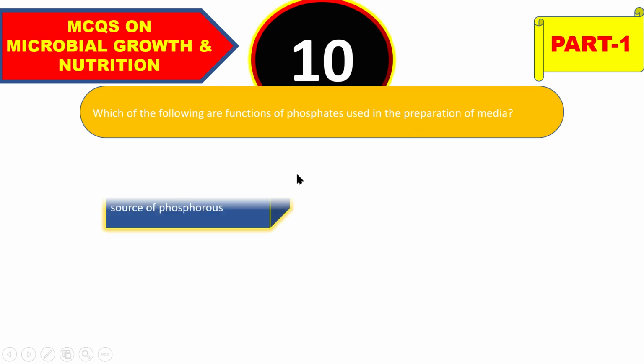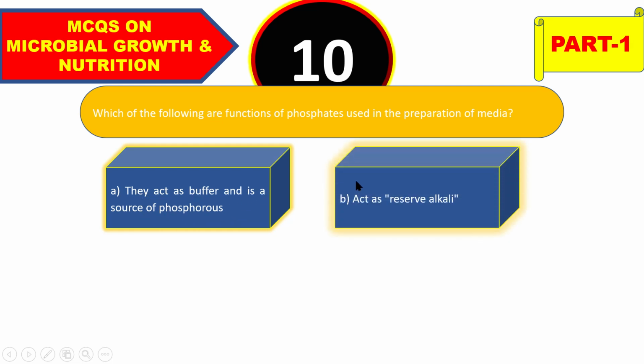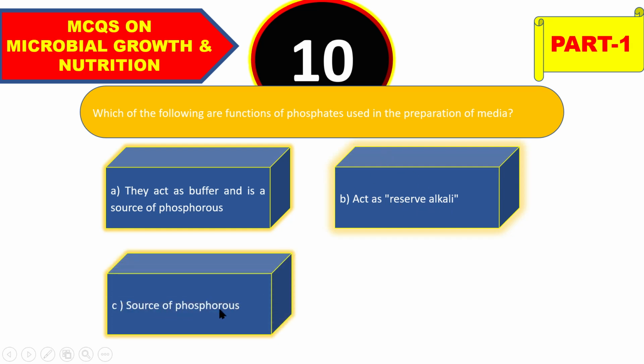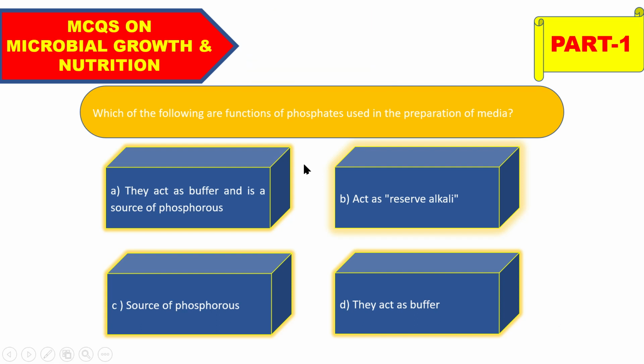of culture media? Option A is they act as a buffer and are a source of phosphorus. Next, act as reserve alkali. Next, source of phosphorus, or they act as buffer. And the right answer about the phosphate used in the preparation of media is they act as buffer and are